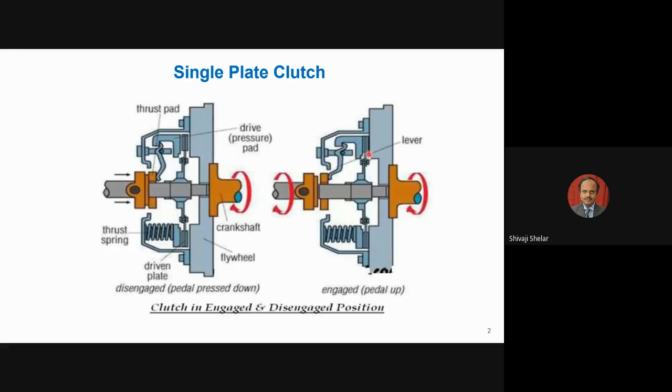How many surfaces are in contact will be decided by how we organize the plate system in the clutch. Since it is a single plate, you can have one surface in contact or a maximum of two surfaces in contact. But for a multiple clutch system, you can have a number of surfaces in contact. For a single plate clutch, you can have either this surface or this surface or both surfaces. This diagram shows two surfaces in contact. This is very important when we go for the multiplate clutch system; the number of surfaces in contact is very important. Let's go to the next slide.